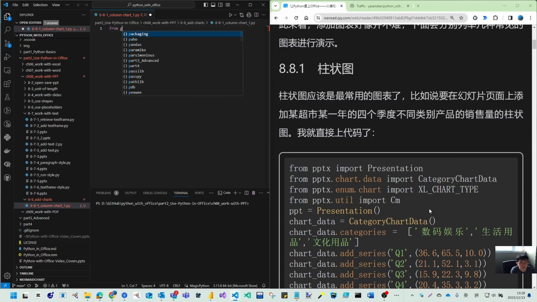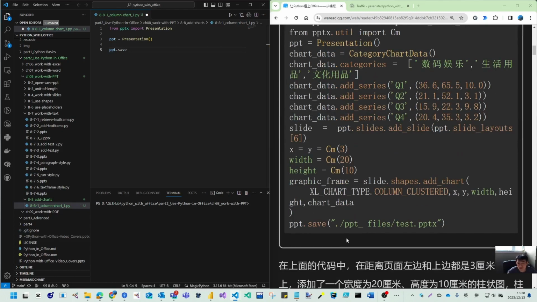So pptx, import Presentation first, and after that we create our ppt equal to Presentation. And then we have ppt save to this file 8.8.1 first one.pptx, and I already put the folder back to the root folder. So let's go to the